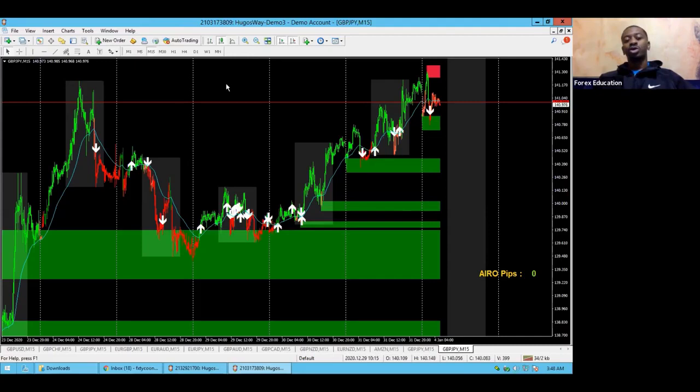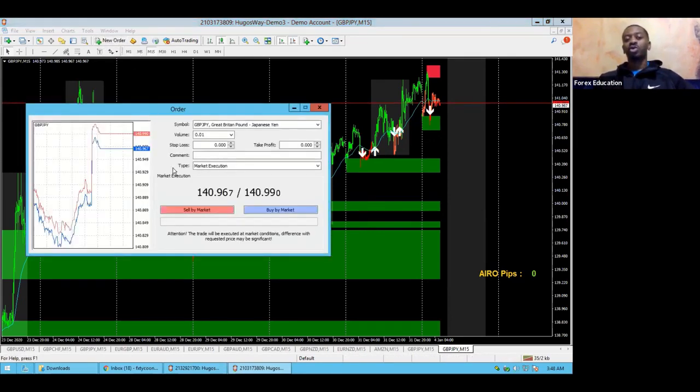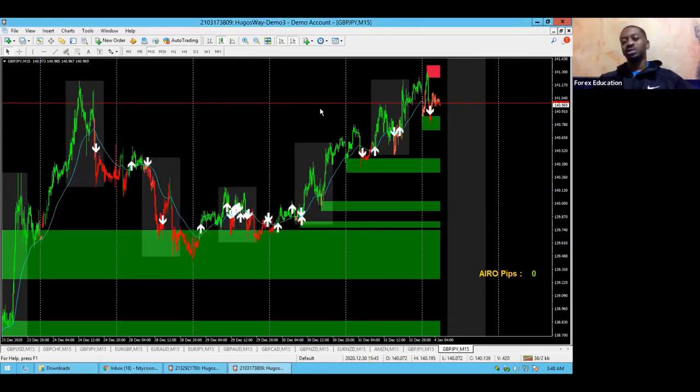There are two ways to place a trade with the MT4 software. Number one is you can come up here underneath the window and select new order. And with new order, you can hit sell or buy. You can also change your lot size. So let me teach you about lot sizes, and then let me teach you how to count pips, and then we will go and play some trades, and I'll show you how to get this up. So,